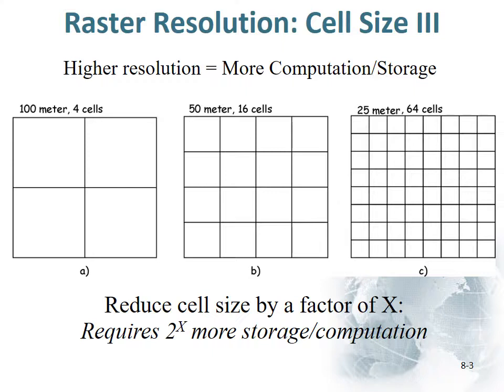At the 25-meter resolution, even more detail, requiring 64 cells. So if we think about the cost in terms of storage for rasters, if we reduce the cell size by a factor of X, then we're going to require 2 to the X more storage and computation capabilities